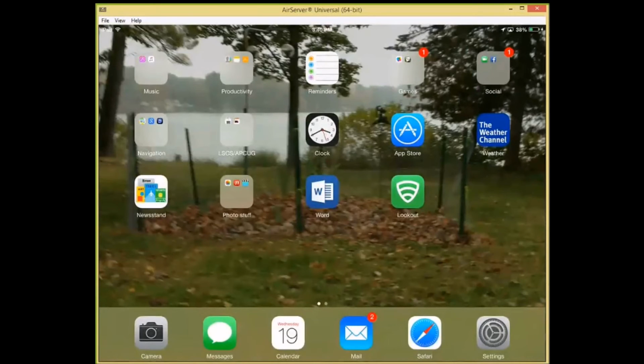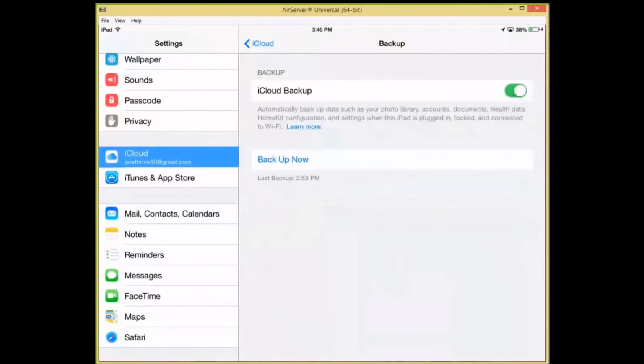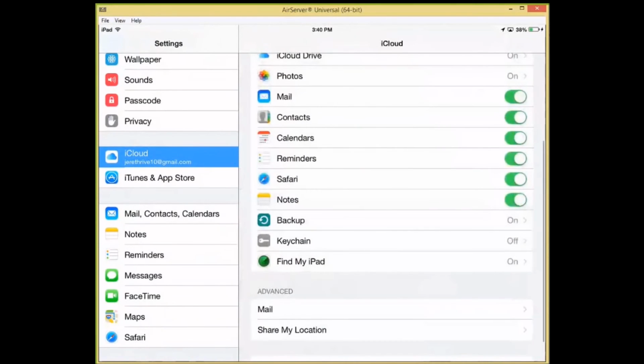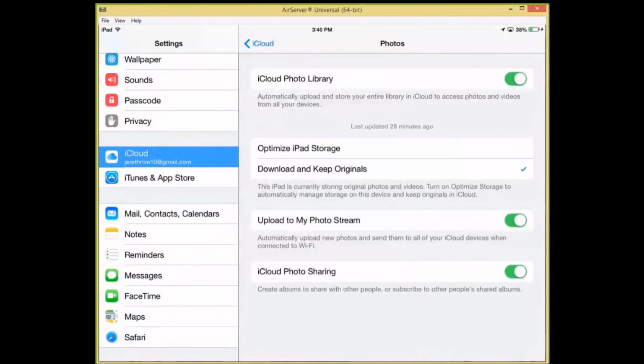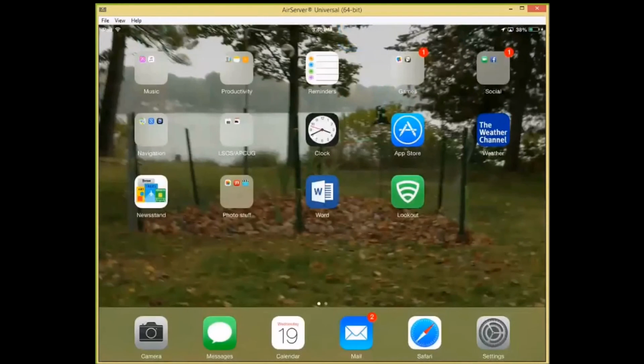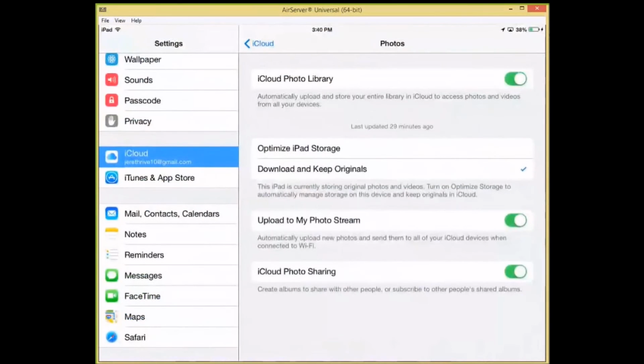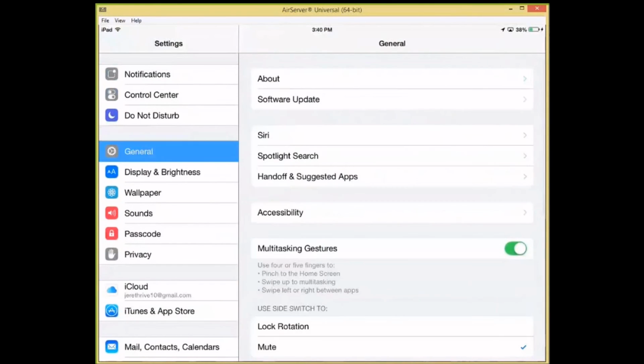So again, we can control that by going to Settings, going to iCloud, going to Photos, and turn that off. Clearing out your iPad. Again, we go to Settings, we go to General, we go to Usage,